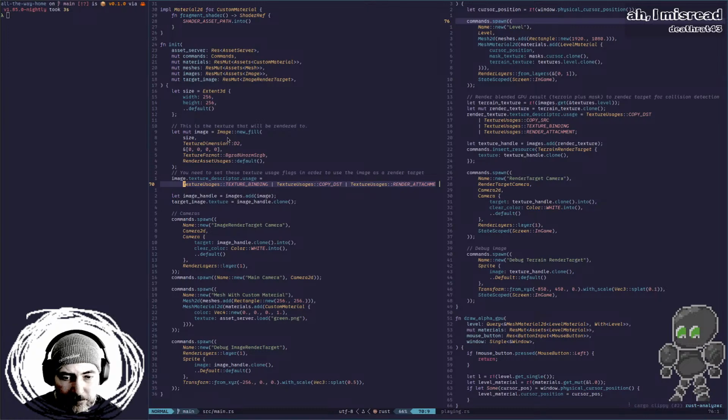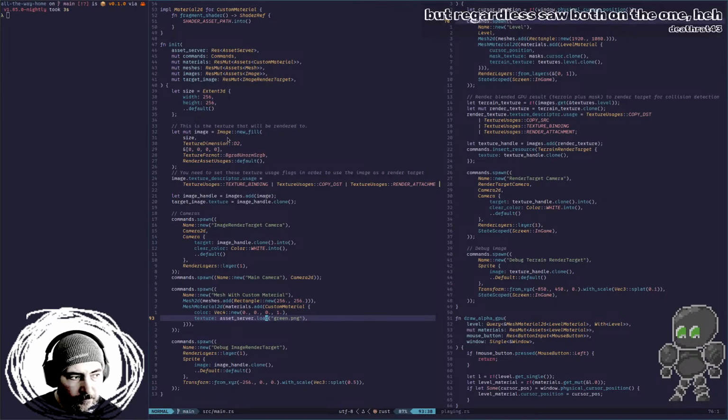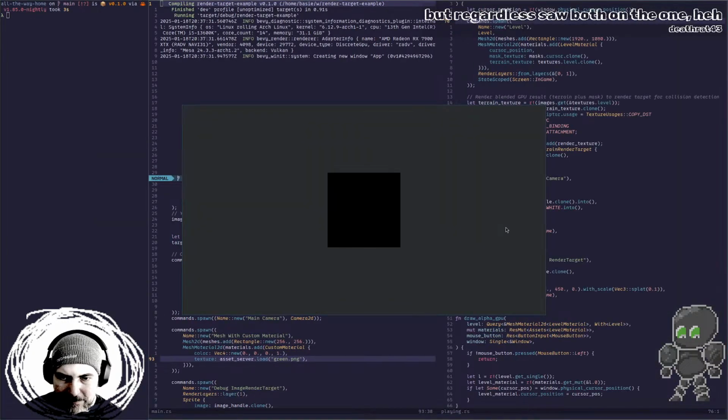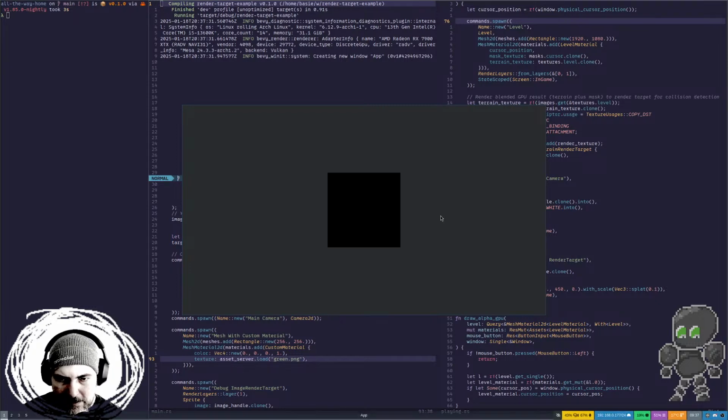I don't even specify what goes on the source image. It's just an image. Maybe I should specify something. Both on the one, yeah. So it shouldn't just go back and forth. Maybe so. Let's just see what's going on with that change. Okay, so still empty. So this is the custom material, and I'm hoping to get